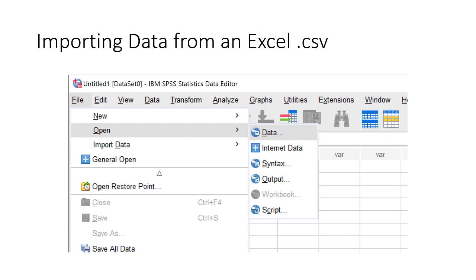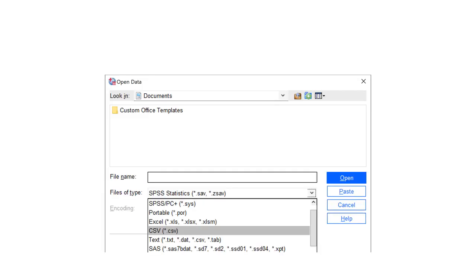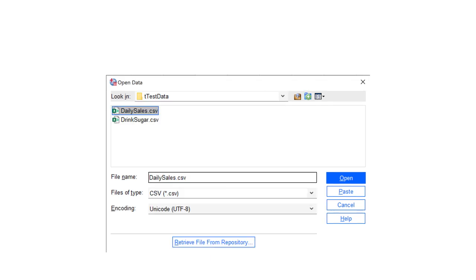In the File Type drop-down menu, select .csv. Once we make sure that we have specified that we are going to be using a CSV file, we're going to change the directory to the directory in which the data file is found. Then we're going to select the file, and finally we're going to press Open. This is me selecting the data that we are going to be transferring,